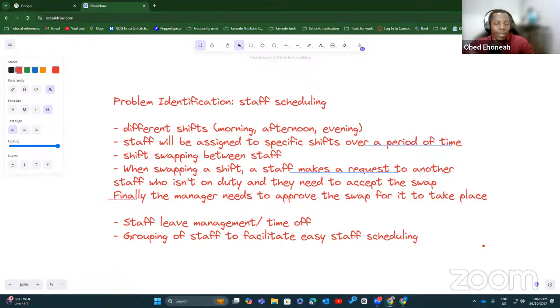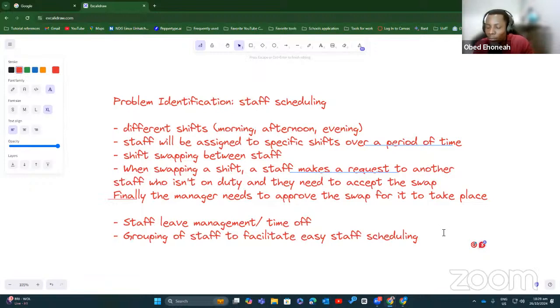So when we are creating the schedule, if we set group A for the morning shift for the next one month, then it means every staff member that belongs to group A will be on morning shifts. If that's how I understood what you said, is that it? Yes. Okay, I like this idea as well.